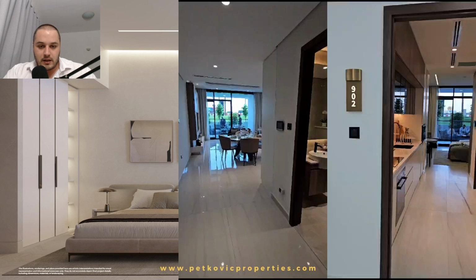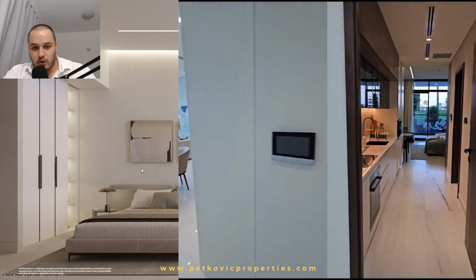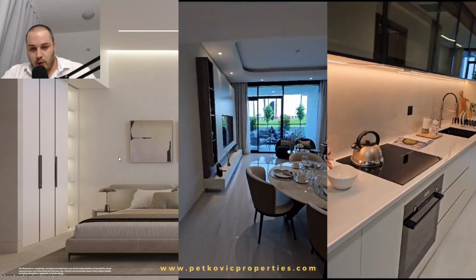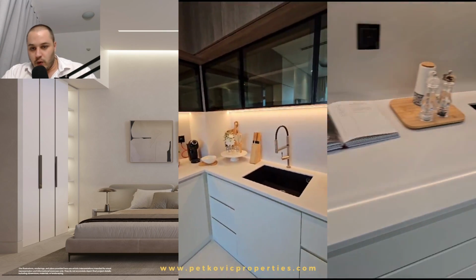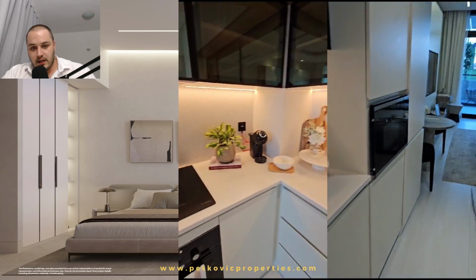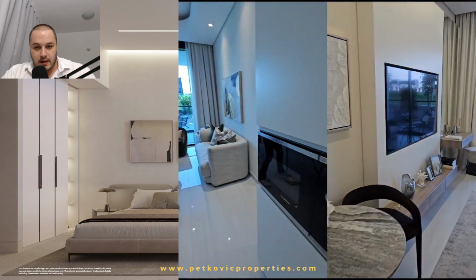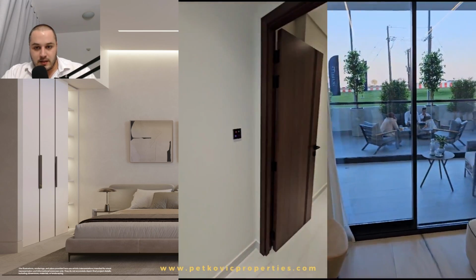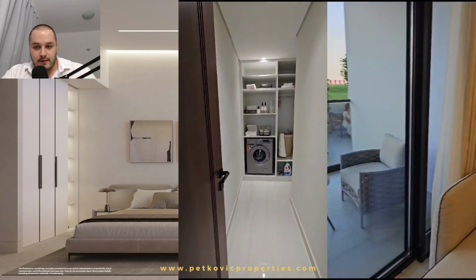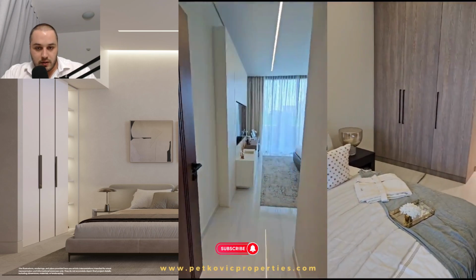And what I have attached also for you guys is to see the show apartments. On the right you have a studio, and on the left you have a one bedroom apartment with a storage room as well. So again, these properties are coming fully furnished, so you can get your apartment basically pretty much the same as you can see right here, including everything, even of course the balcony furniture or the sitting